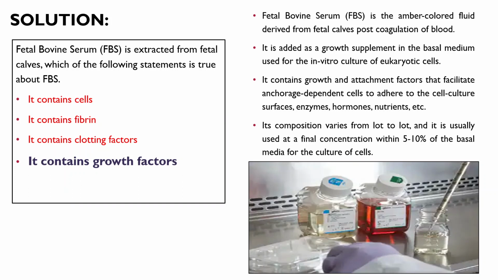So serum is basically that part of blood which is left after clotting of the cells. The clot basically contains fibrin, cells, and the clotting factors. So fetal bovine serum is an amber colored fluid which is derived from the fetal calves post the coagulation of blood, and apart from growth factors it also contains nutrients, enzymes, hormones which are essential for the faster growth of cells,